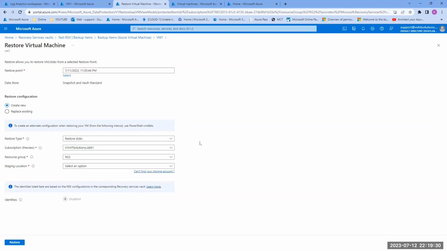With this method, what you're going to do is restore all the disks of your virtual machine into the disk section. So you will be able to restore all the disks. Let's say this VM has 5 disks, including the OS disk. Those 5 disks will be restored. And later you can take a decision. If you have a requirement to recover only the OS disk, you can just swap the OS disk with your problematic virtual machine. Okay, so that saves a lot of time